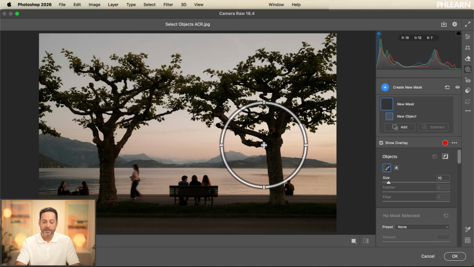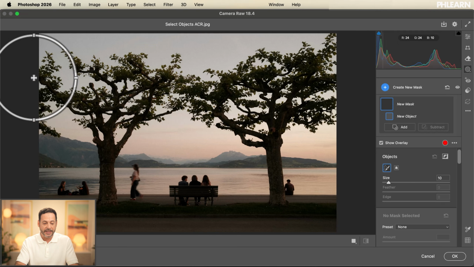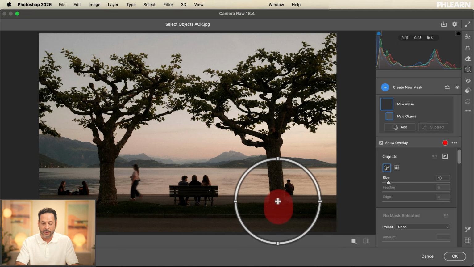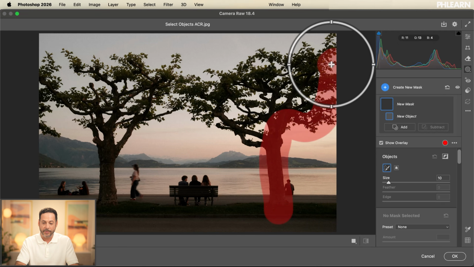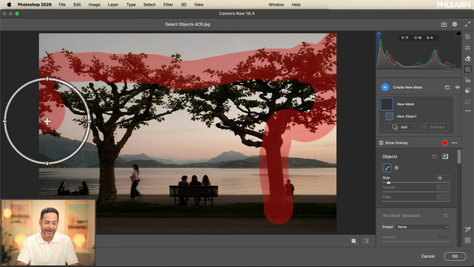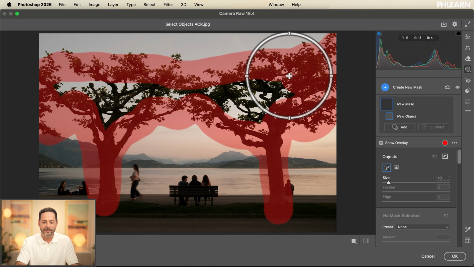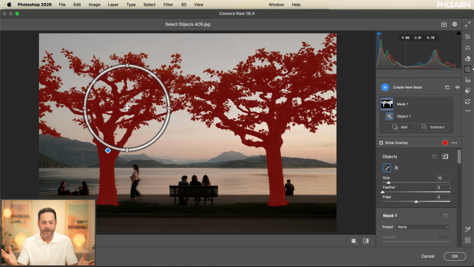Boom. Now, the first thing you can see is basically I've got a brush here and I'm gonna be using my laptop. I don't have any special tools. This is all gonna be done automatically. I wanna select these trees. So I'm literally just gonna grab my brush and we're gonna go up and around and make sure we got the tree, and I'm doing an embarrassingly sloppy job of selecting these trees, but when I let go,